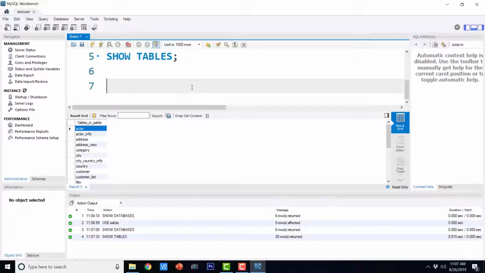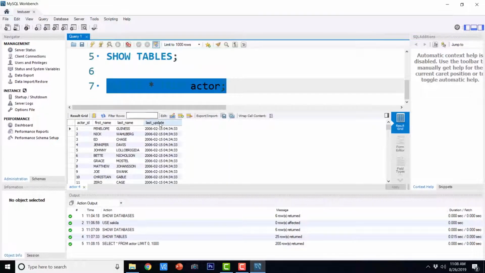In order to see all the rows from the table actor, we just need to say select star from actor. And if I execute this, it is going to show me all the rows from the table actor. So the table actor has got these many rows.